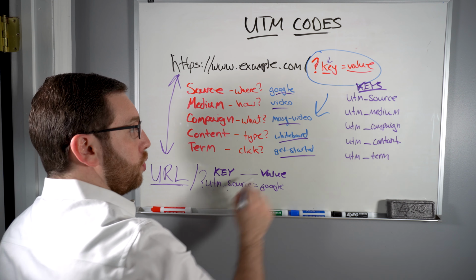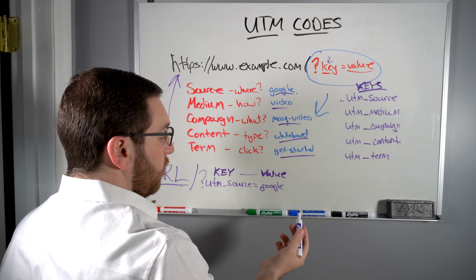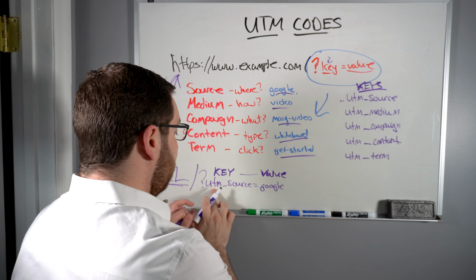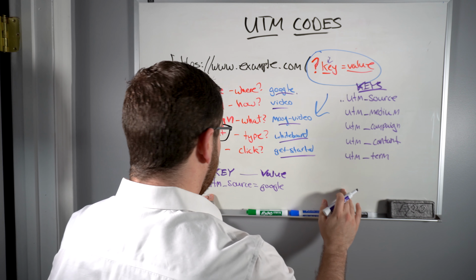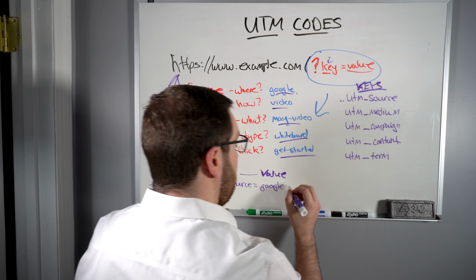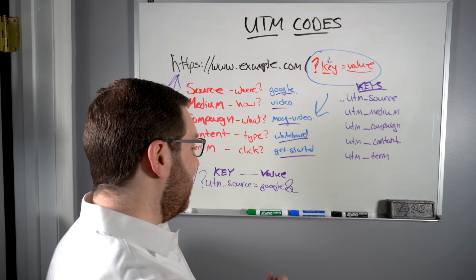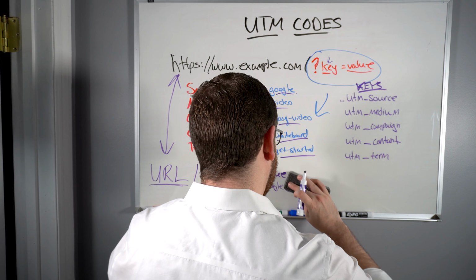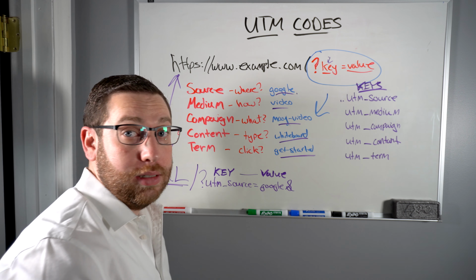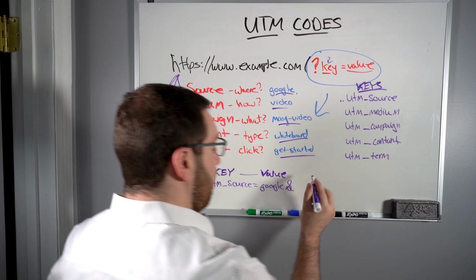So UTM underscore source, which is right here, we're gonna put that key first, and the value is Google, which is here. Now, we're gonna add more to this. So to have one continuous set of query strings and keys and parameters, you have to connect them with an ampersand. Now, I don't know how to draw an ampersand, so that's the best I can do right here. All right, so, oh my God, that is awful. Wait, I gotta try it again. Okay, that is not much better, but so you have UTM source equals Google,